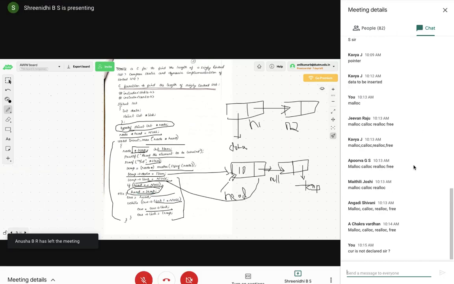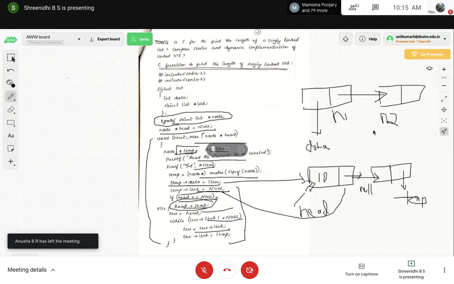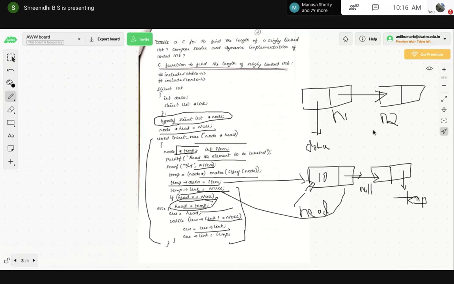When the first data is inserted into the linked list, head is null by default. After inserting the data and establishing the link, head will not be null. For that part we have created these four lines of code. Just have a look at this code once, then we'll go to the next concept.